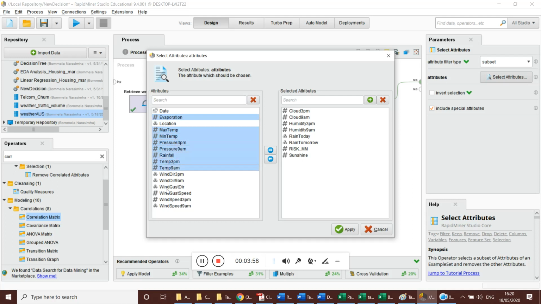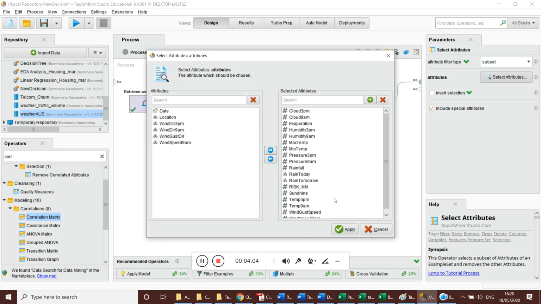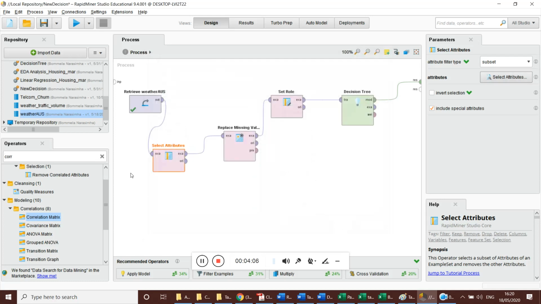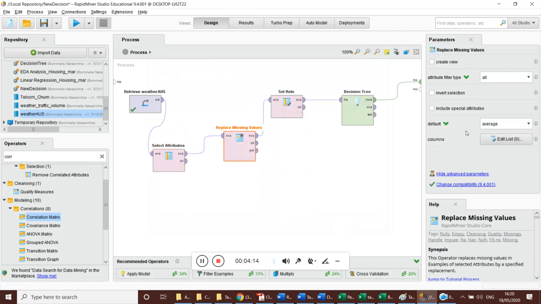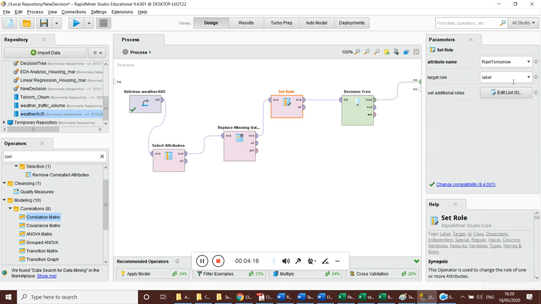So I'm selecting all the numerical values, which I sent in the last example. Then I replace numeric missing values with average values. Then I decide the role, the variable on which I am going to test. The variable I am going to test is rain tomorrow, and I am making it the label.